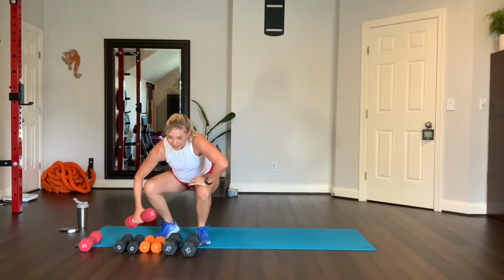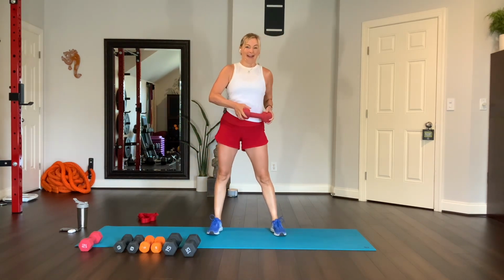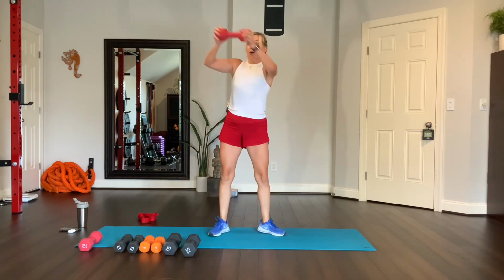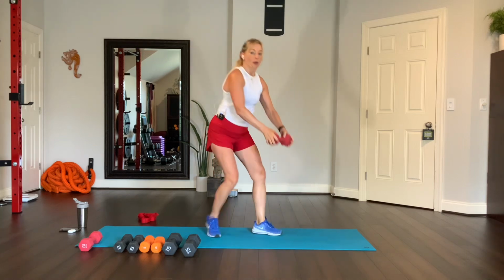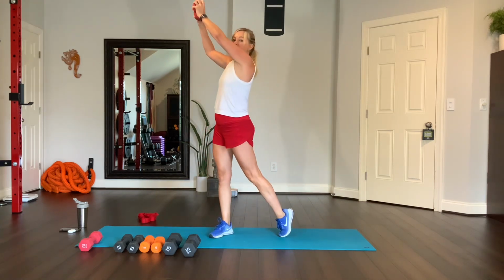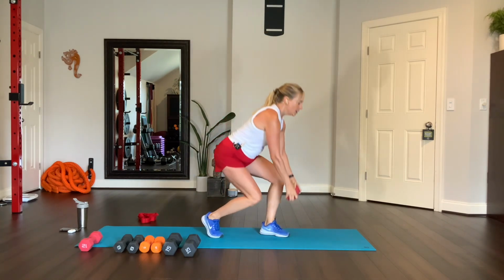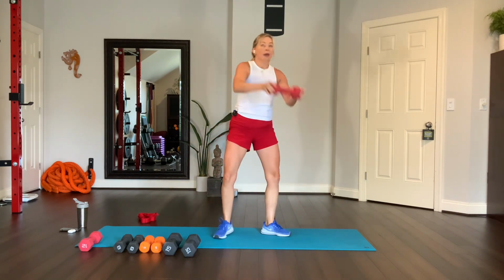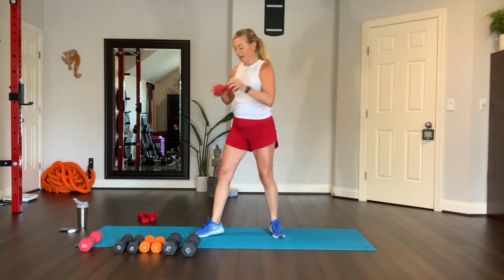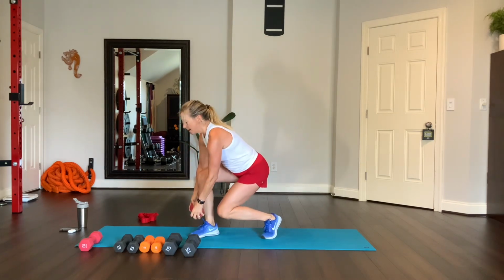Okay, set those down, low to high. I'm gonna grab a 12. I told you guys to get really lightweight, but there's no need for that. This way, lower, lift, lower, sweep, up, down, bring it up, reach, turn, other side, reach, up, reach, up, third round,